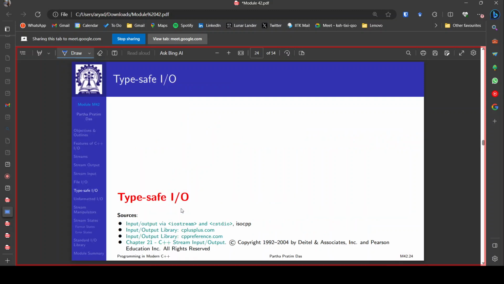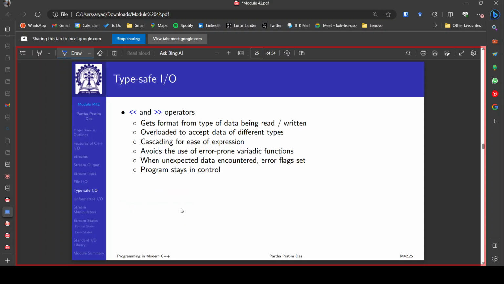So why do we call it type safe IO? Because it is type safe, you will see that in cout and cin we don't have to specify the type explicitly, or we don't have to specify the type two times. If we pass an integer to cout, then C++ automatically deduces the type from the data type of x. Whereas in C we have to